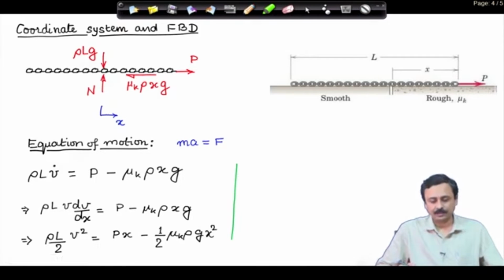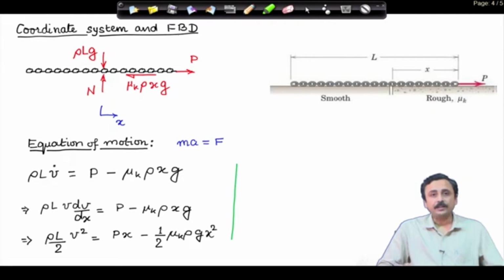If I integrate with respect to x, then on my left hand side I get v square by 2 into rho l of course remains. So, v square by 2 times rho l is equal to P is a constant, P times x, and here mu k rho x g, that becomes half of x square, half of mu k rho g x square. So, that is the integration over x,